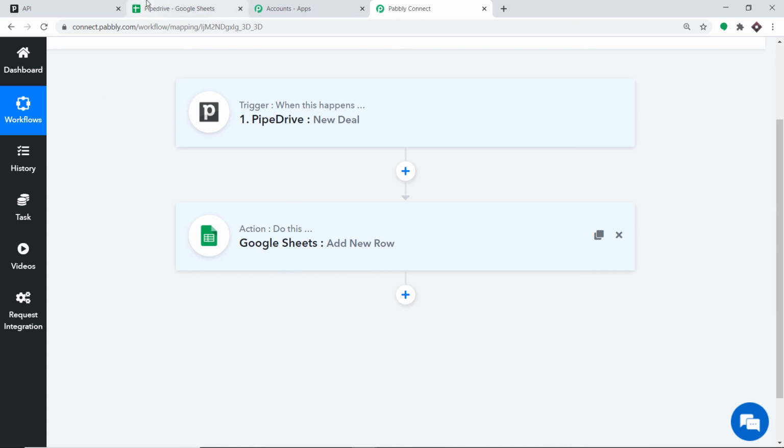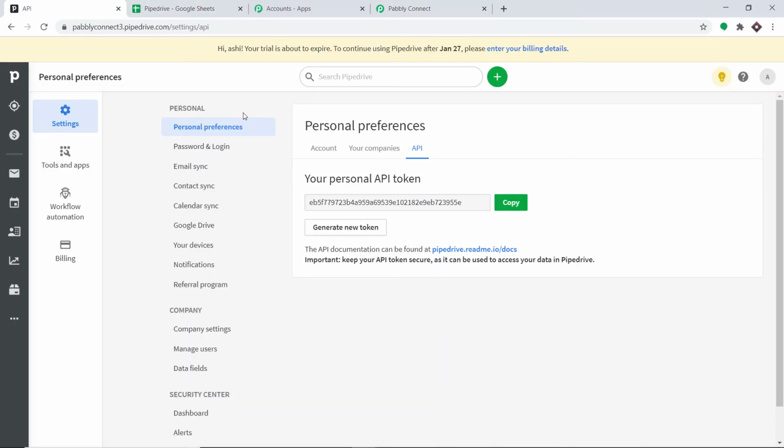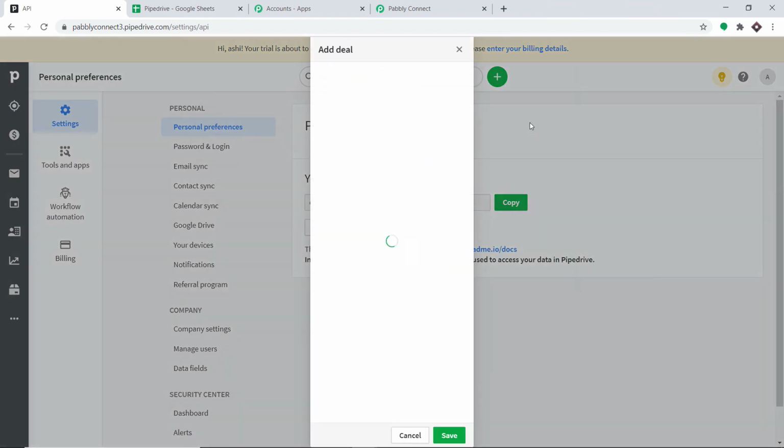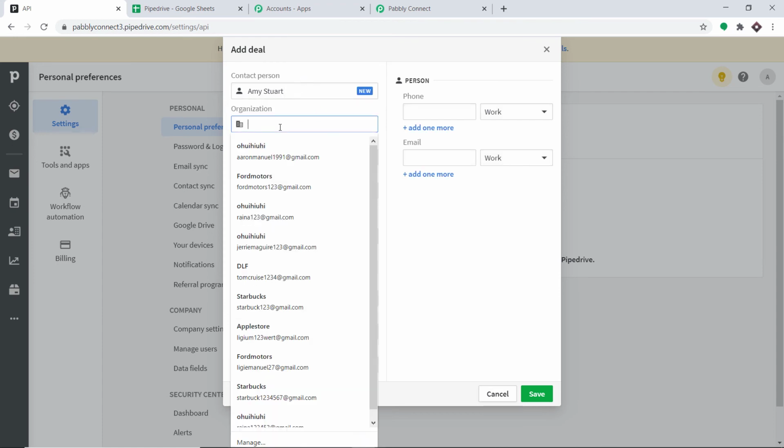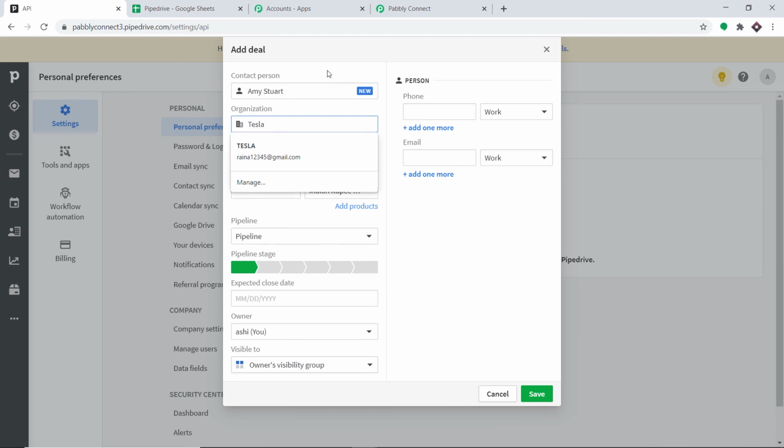Let me go to Pipedrive, and I'm going to make one more deal. So the name of the person is, how about, Amy Stewart. This is the name, and the organization she works for is Tesla.